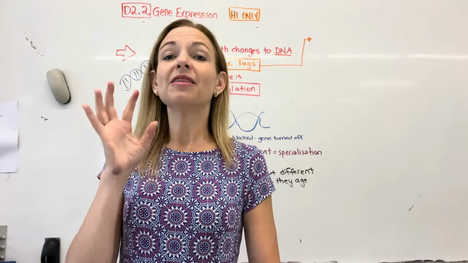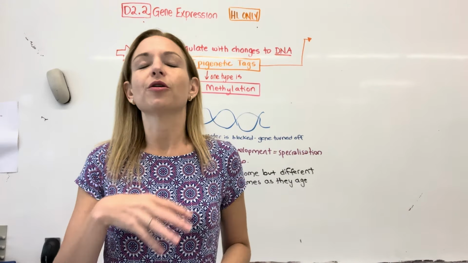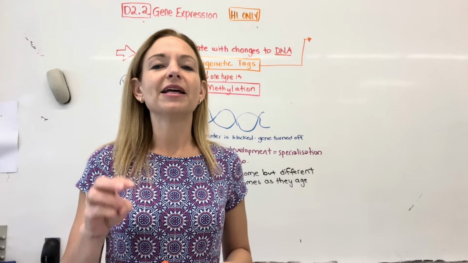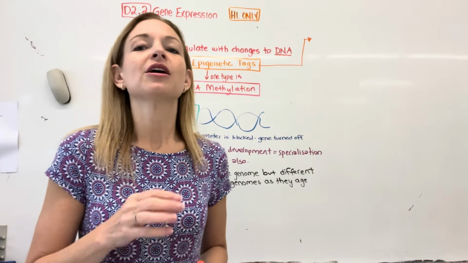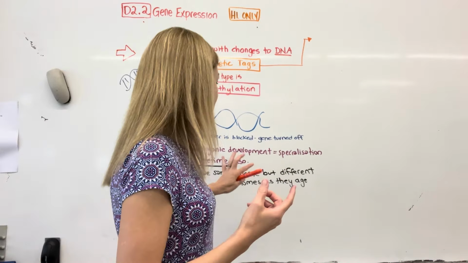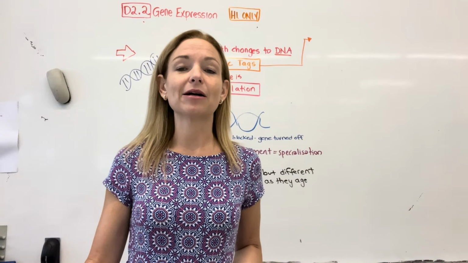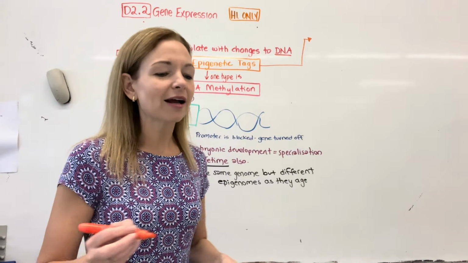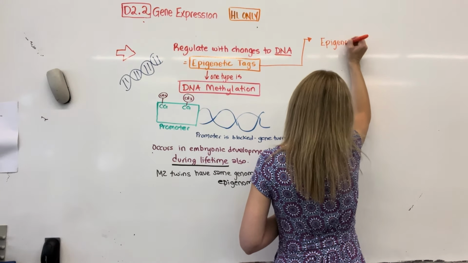But in theory, when you form gametes, the gametes should remove methylation patterns for the most part. So methylation patterns should be removed during gamete formation, and then in theory, you start fresh. But that is not totally the case. There is some evidence that epigenetic patterns, so what has been turned on and off, in some cases can get passed down to offspring, which means we can genetically pass on experiences. That concept is a big area of research right now called epigenetic inheritance.